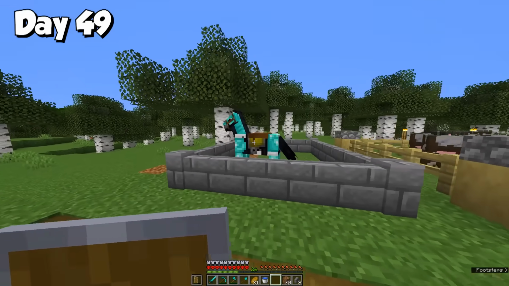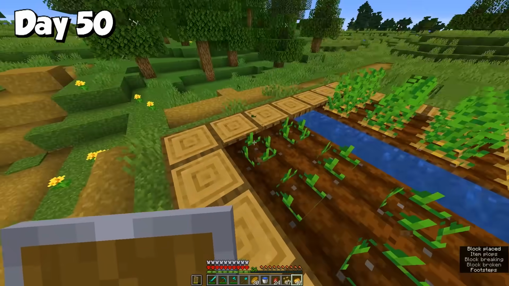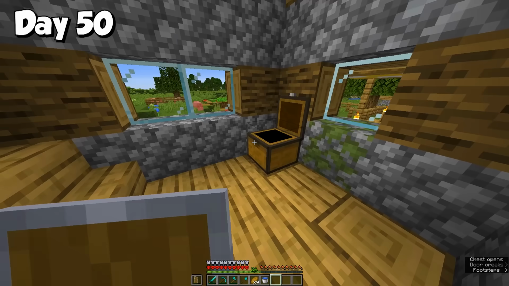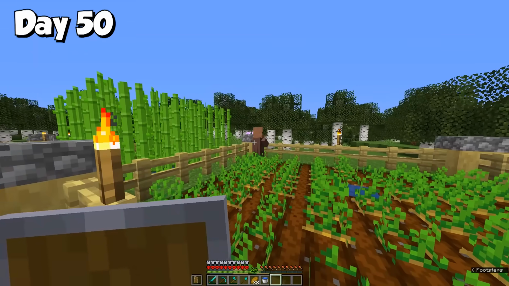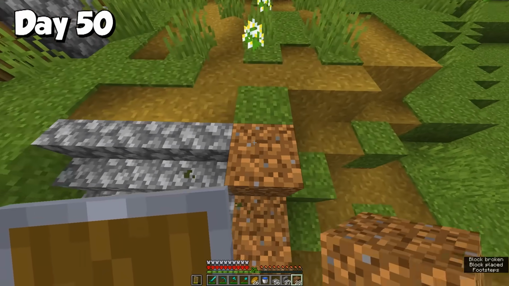Day 50, I did a bit more farming, and then I noticed all the villagers were gone. I searched absolutely everywhere for these villagers, but all the villagers were gone. This was sad. But there was one villager left, and all I had to do was make myself a villager farm. So I did a bit more decorating right here, and the next couple of days I worked on